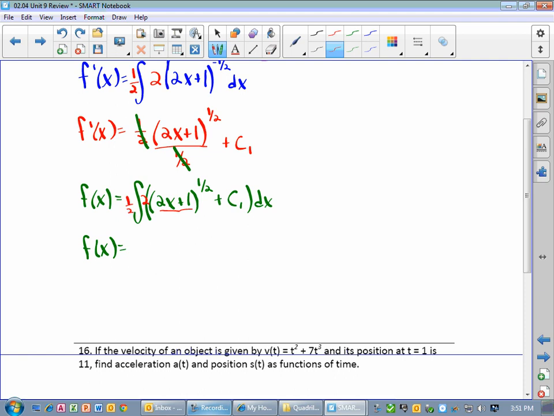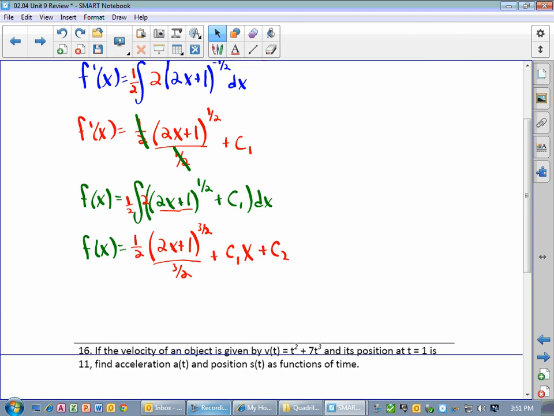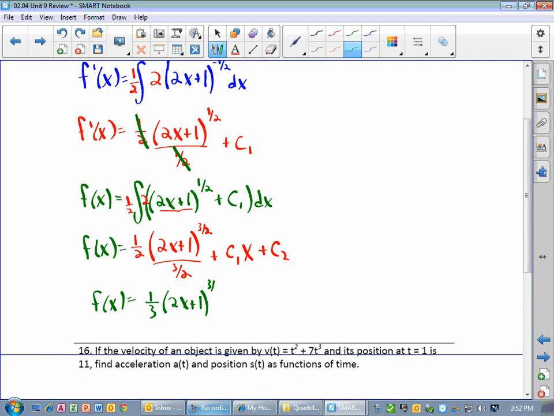So we have to multiply by 1/2. So we get 1/2 times 2x plus 1 to the 3/2 over 3/2 plus c1x plus c2. So just simplifying where we can, 1/2 divided by 3/2 gives us 1/3 times 2x plus 1 to the 3/2